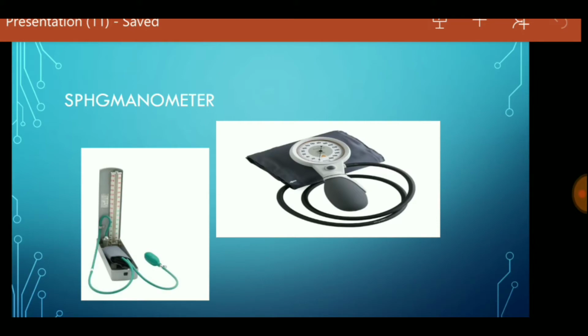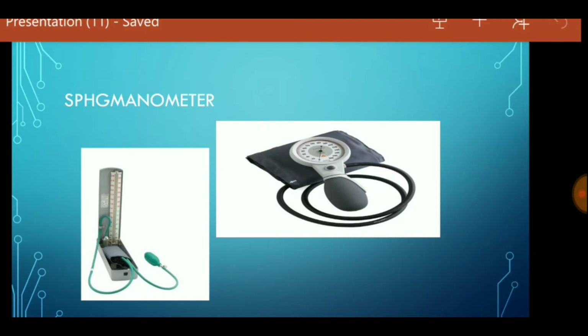Here we are going to discuss some more points, that is, what is meant by auscultatory gap. The auscultatory gap is nothing but the period between the sound appearing and disappearing. Systolic pressure is our phase 1, that is Korotkoff sound 1, there are phases, and phase 5 or 0 is called the muffling or disappearance of sound, which we refer to as the diastolic BP. Okay, this is the instrument we use to measure our BP, but